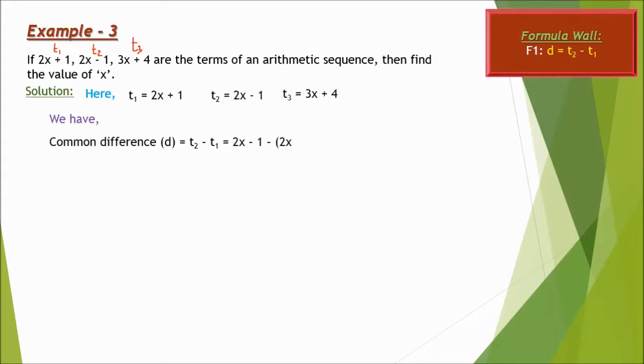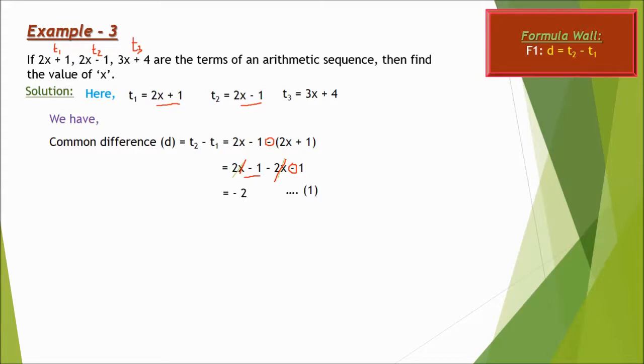You can see t2 is 2x minus 1, and as there is a minus sign, we have to use a bracket and write t1. Now let's open the bracket. 2x minus 1 minus, and minus changes the sign. This sign is changed because of the minus present right here. Now the sign is changed, we can cancel this, isn't it? You can see it is cancelled, and minus 1 and minus 1, which is minus 2,